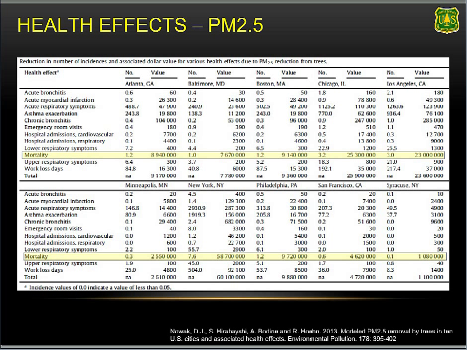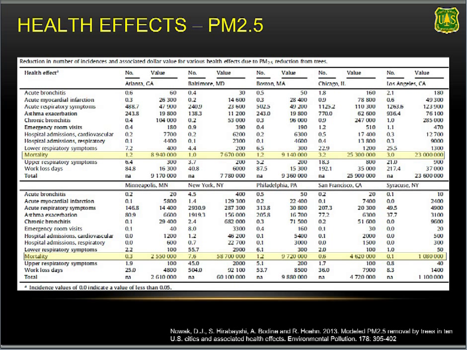This table shows the human health effects from the reductions in PM2.5 concentrations in those 10 cities. What we did in this study was looked at the effect of trees on PM2.5 and then tied it to an EPA model called BenMAP, which looks at human health statistics and the lowering of incidences due to improved air quality and lowered concentrations. What we found, the biggest value is derived from reduced human mortality. And on average, we found about 1 human life per city in these 10 cities is saved per year due to having improved air quality from PM2.5.